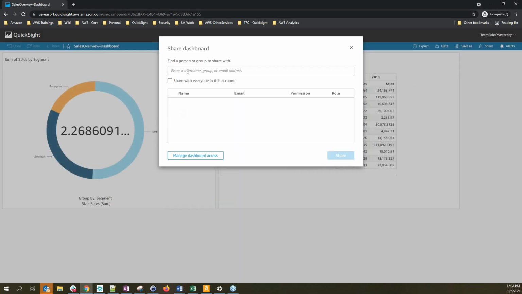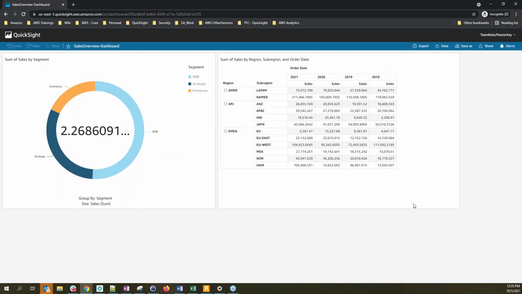Okay, here are some of the sharing options. So currently we don't have the user. Next step is we're going to create another test user where we're going to use it for the row level and the column level security. So first we have our dashboard ready for the data security. And now as a next step, let's create one test user that is going to be used for the row level security. And to do that,